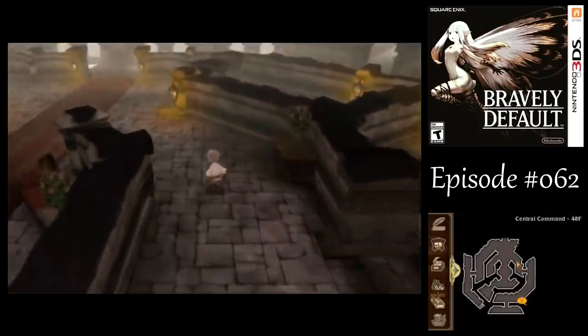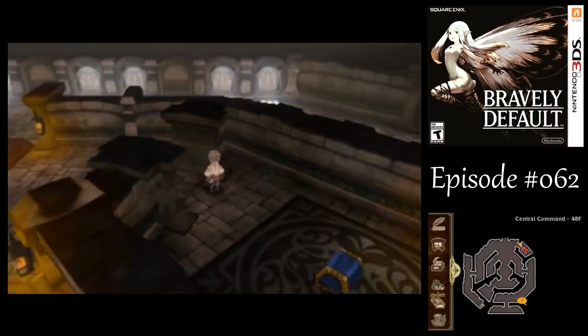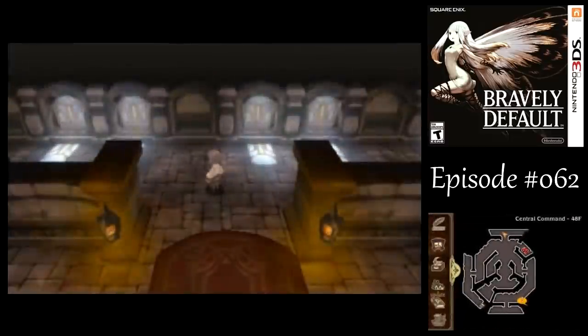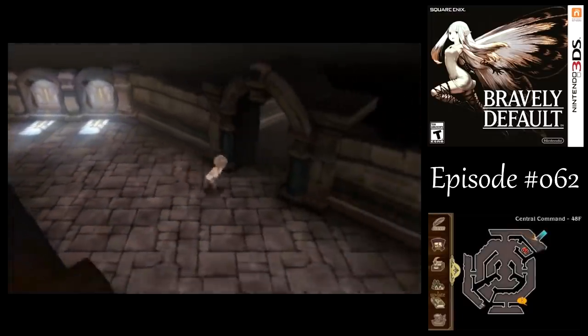Man, Agnès is really contributing to the offense here. Almost everything has a weak elemental weakness she can exploit. There we got our blue chest for the dungeon that we can't open yet. Alright, after that battle, we gained a level just in time, too. Because...